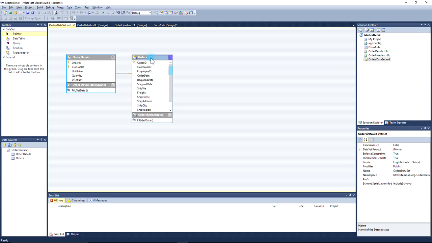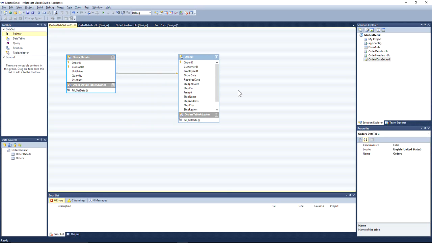order data set in a graphical form, if you will. I'm going to drag this orders over a little bit because I want to expand the size of the order details. Now, what we've got here in a general overview is we've got our order details table. Those are the fields that are in order details. We've got an order details adapter. What we're going to do is we're going to add a parameter query. So the way you do that is